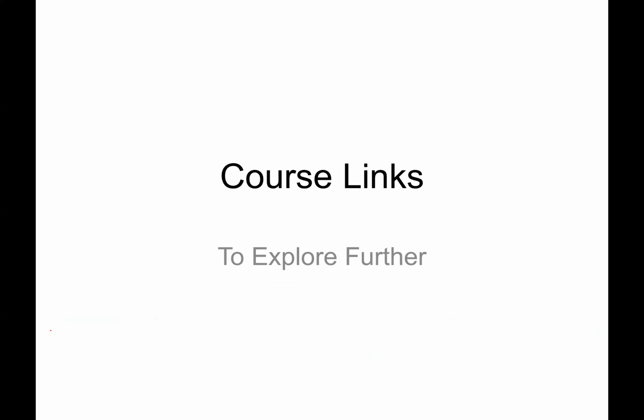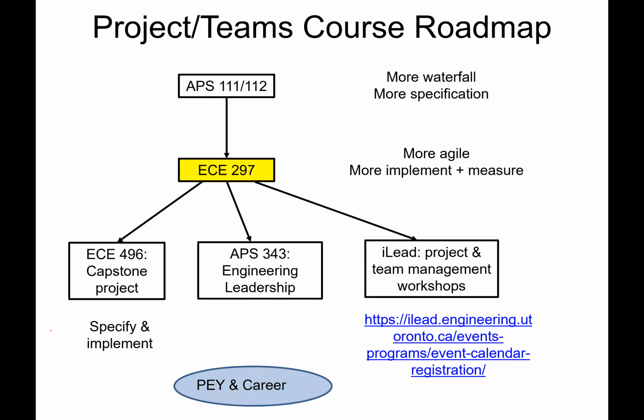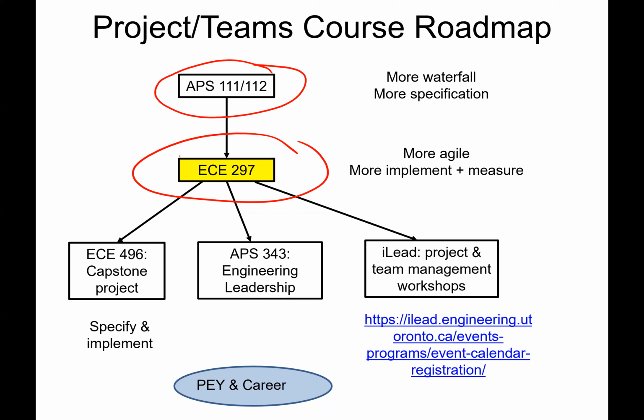I got a few minutes, so I was going to tell you a couple things about how this course links to others. So we'll do this a few times during the course. So in the last few lectures, we talked about project management and how teams work. So you learned about that in APS 111 and 112. But the main technique you used there was more waterfall driven. Write specifications, write more detailed design documents, well, a high-level design document, then more detailed, and so on. So what we're teaching you is project management that's more iterative and agile, which is more commonly used in the software industry, but also spreading elsewhere.